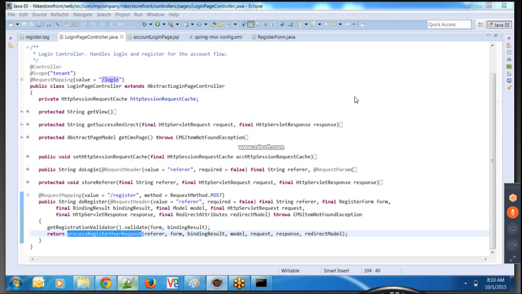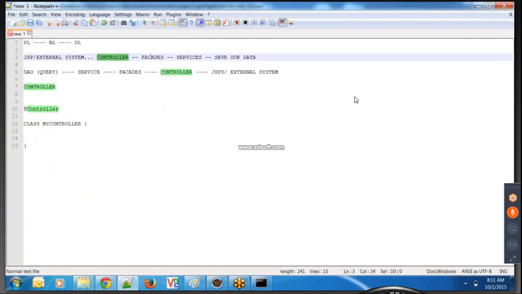Like I told you, from the controller you should always call facades. From the facades you should always call the services. In the services you should save your